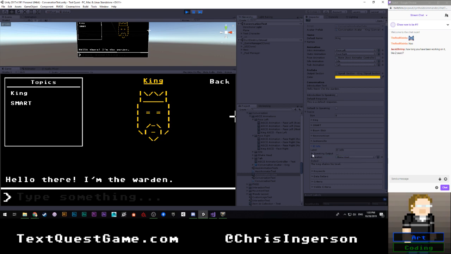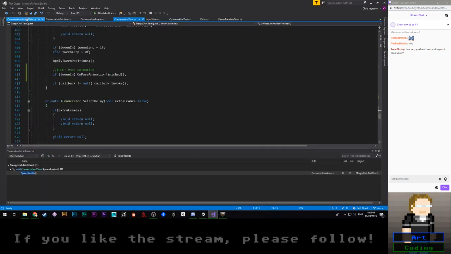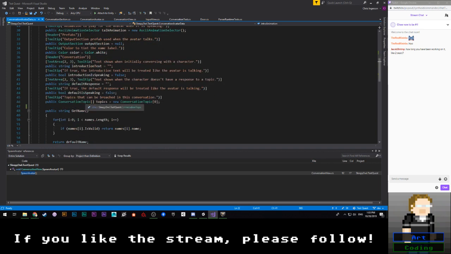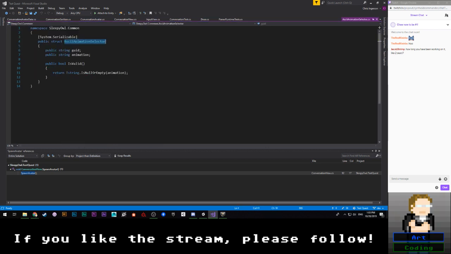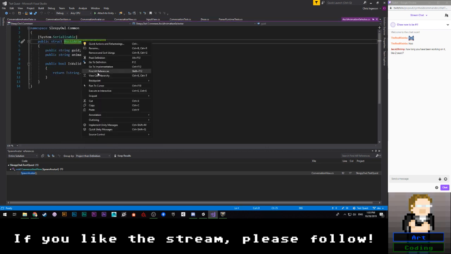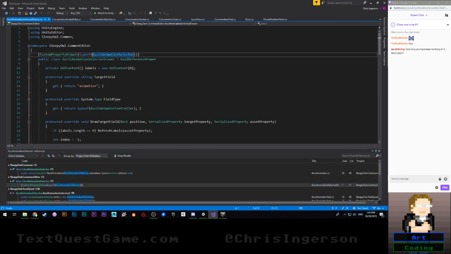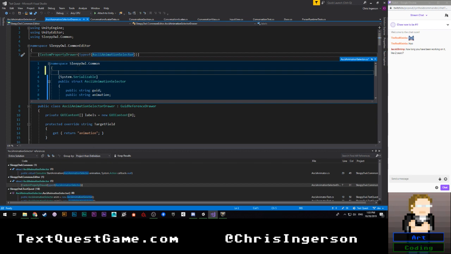All right. Well, real quick, I'm going to come over here to conversation avatar data, I think. Yeah. We're going to go to ASCII animation selector. We're going to go to definition here, and then I'm going to right click, find all references. We're going to go to its custom property drawer. Okay. And then I'm also going to write a quick comment here. Convenience class for selecting